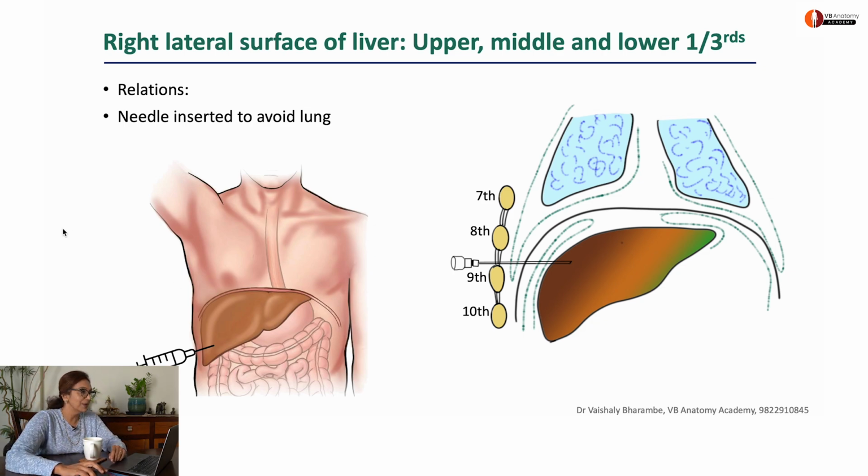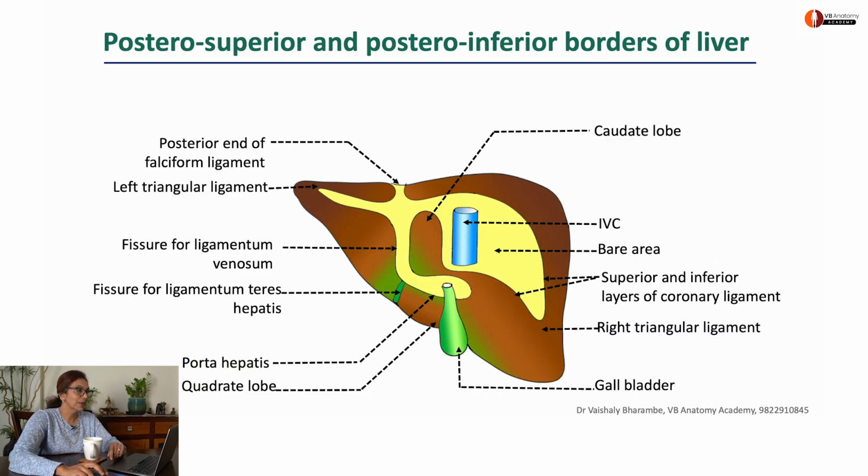Okay. Now, superior done, let's tilt a little to the right, and you're going on to the right lateral surface of liver. So here you see that the right lateral surface of liver is related to 7th to 11th ribs and their intercostal spaces. But till the 8th rib is the lung, till the 10th rib is the costodiaphragmatic recess. If you want to do a liver biopsy, where will you put in your needle? You will put in your needle below the 8th rib so as to avoid damaging the lung during your liver biopsy. Patient will hold breath and you will put in your needle. You don't want to damage your lung while taking a liver biopsy.